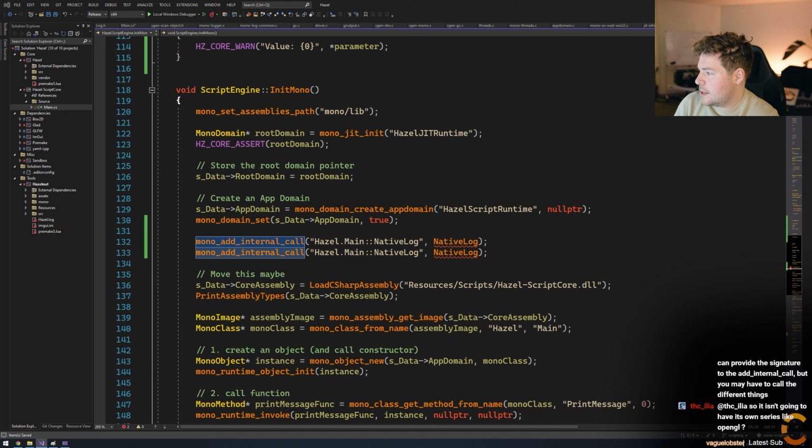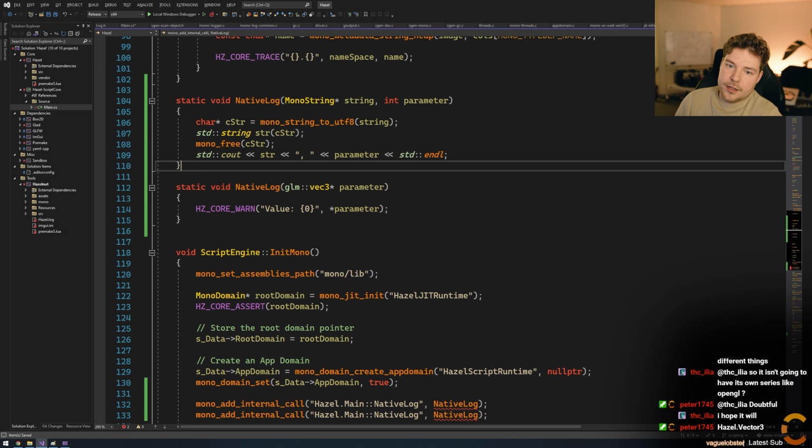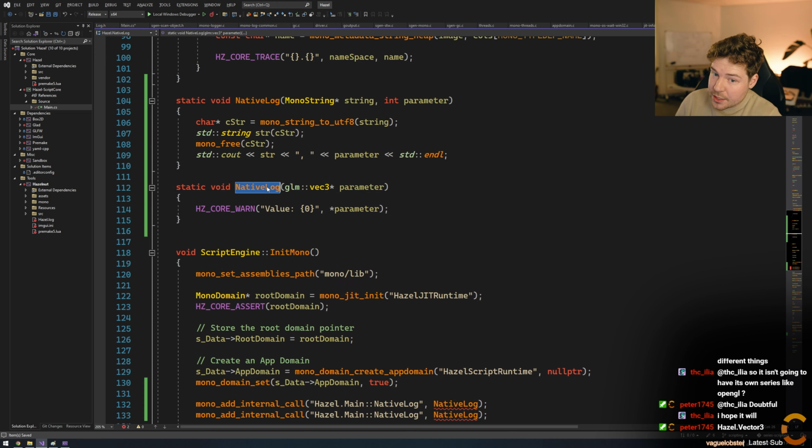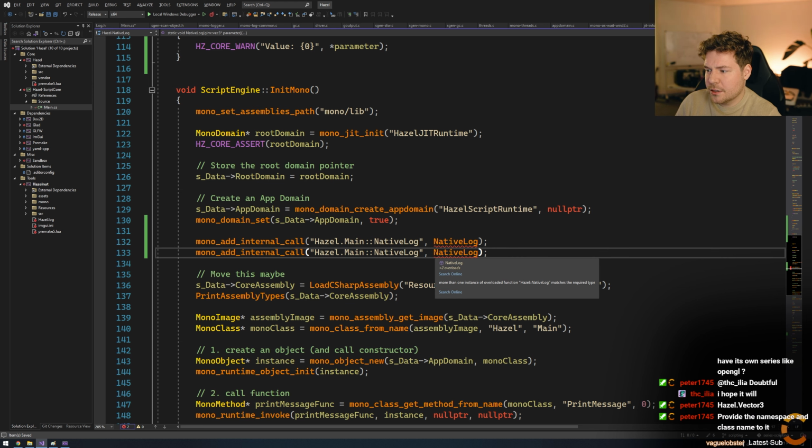I don't see any. Oh, you can. Yeah, I think you can. Oof. But what's the vector 3 gonna be? Because that's just like a ref vector 3 or whatever. Yeah, that's gonna be tough. And then obviously this part you could actually get the type of this, right, and cast it to the type. I'm assuming that might work.